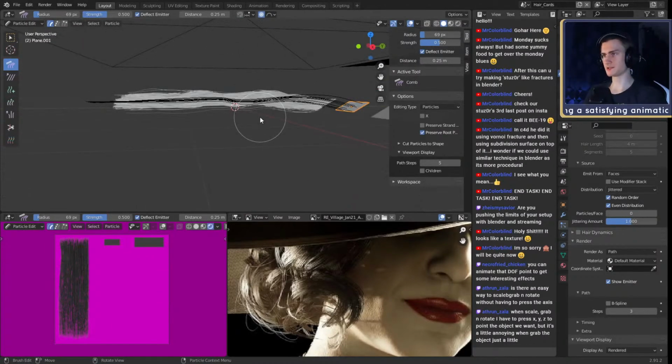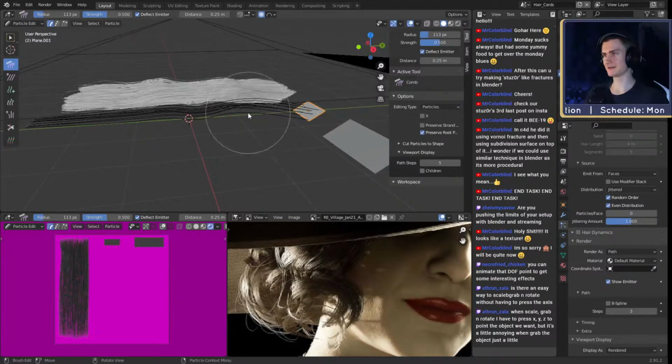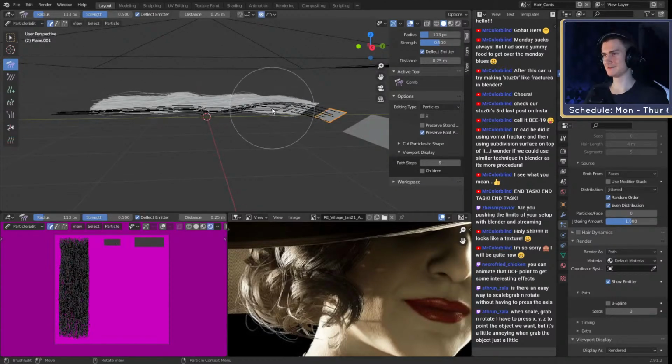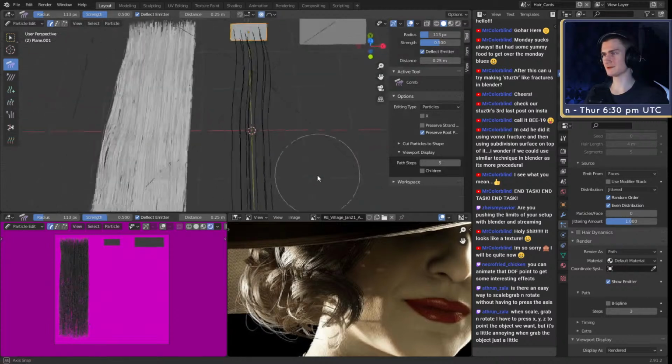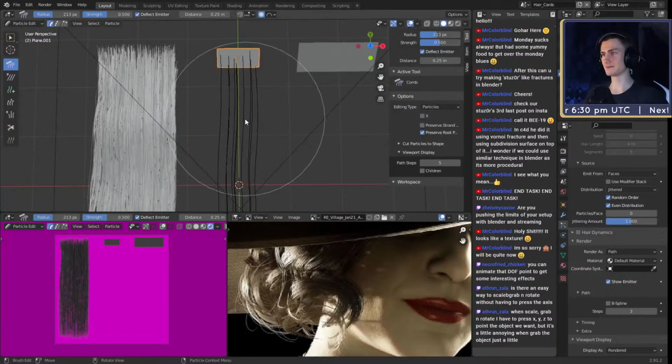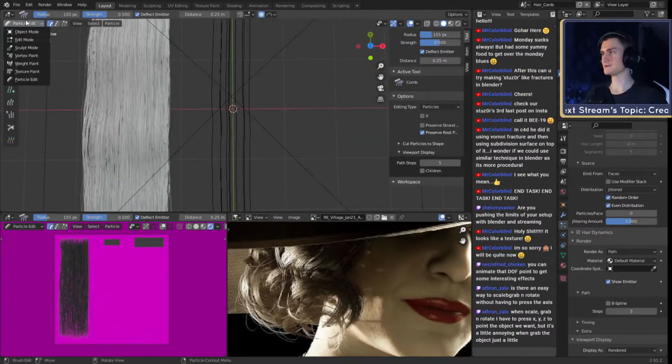Perfect. Let me adjust the waviness. It's too wavy for me. Oh, it's not working. Come on, don't be mean to me. We could probably just adjust it like that. That should work as well. Okay, it's still, oh, there's some waviness going on in there. Okay. Go to object mode.